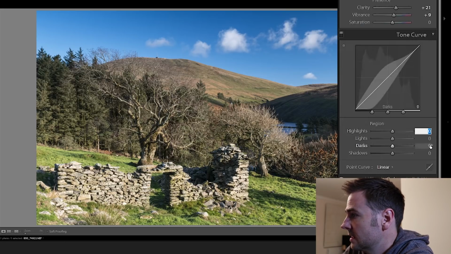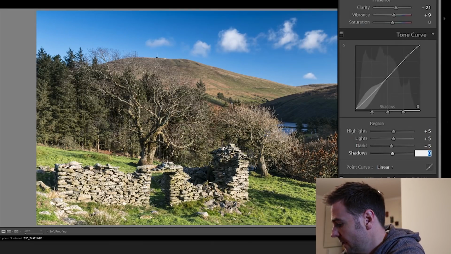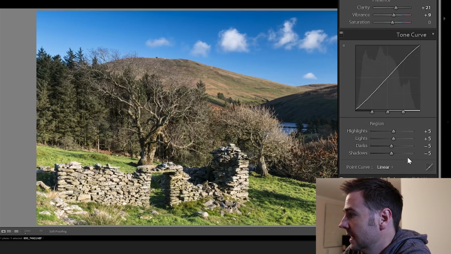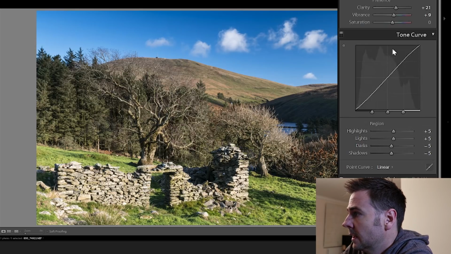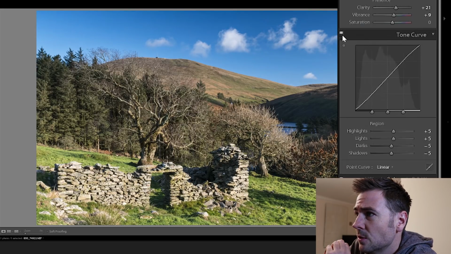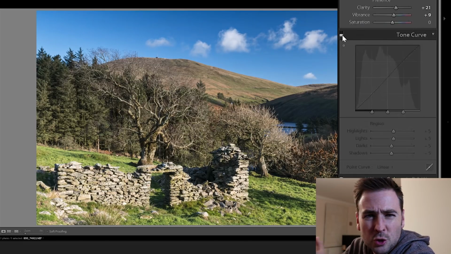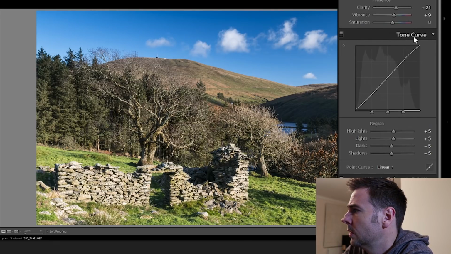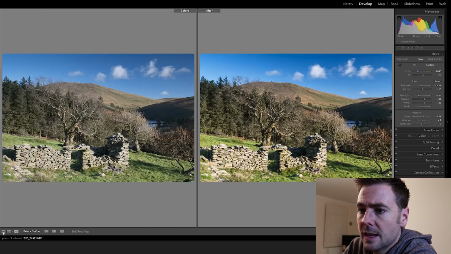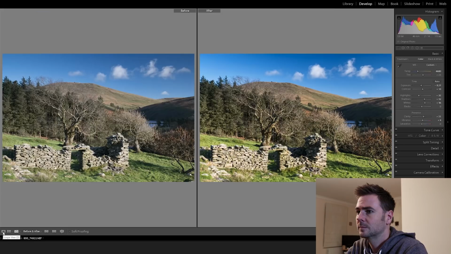Great way to do this is to use the tone curve here and just put in a very slight sort of S curve on the tone curve here, and you can see straight away if I turn this on and off. Again, it's very subtle, but it just punches out the shot that little bit more. And I think that really makes it look a lot better. So if we compare that to the original, I think that's looking a lot better, and I'm pretty satisfied with